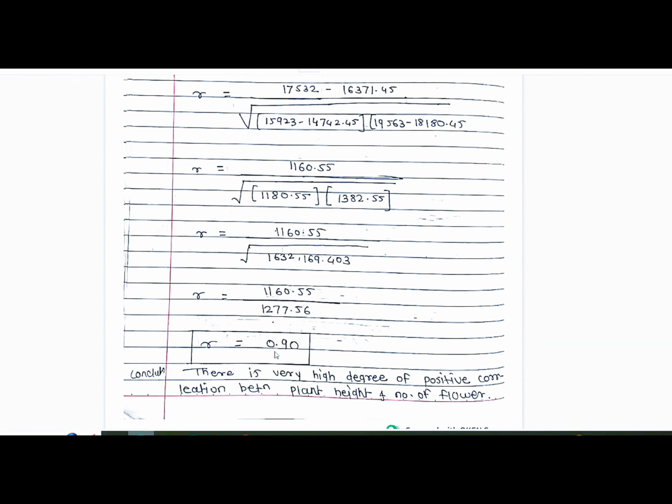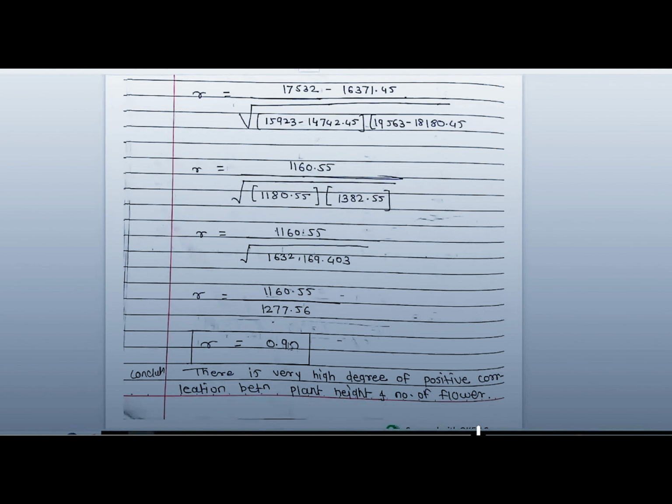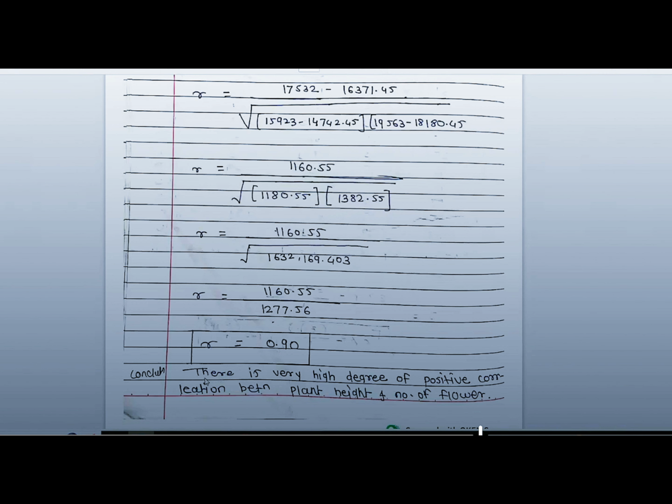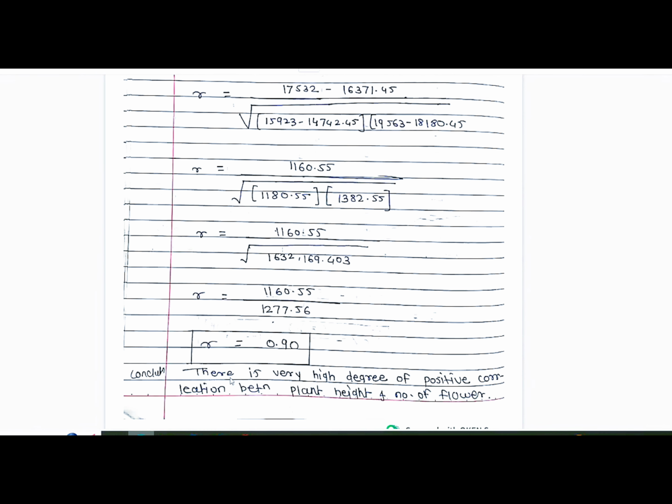0.90, 0.80, 0.70, 0.60, म्हणजे तुम्ही म्हणू शकता 90%, 80%, 70%, 60% नातं आहे, रिलेशनशिप आहे. आणि ती जर -1 कडे गेली, 0 to -1, म्हणजेच निगेटिव्ह कोरिलेशन आहे. रिलेशन आहे पण निगेटिव्ह आहे. ओके, so in this case the conclusion is there is a very high degree of positive correlation between plant height